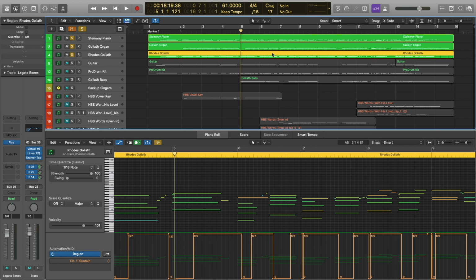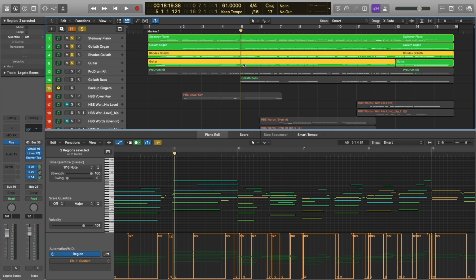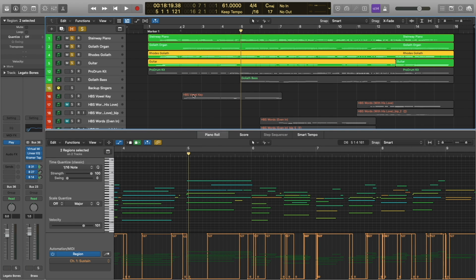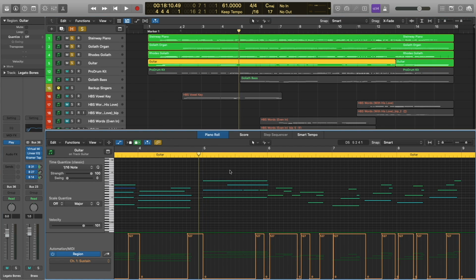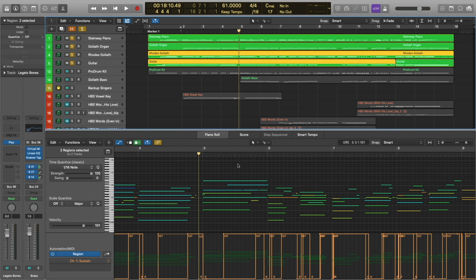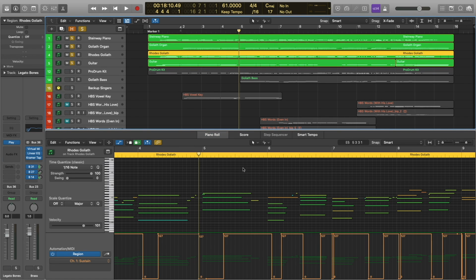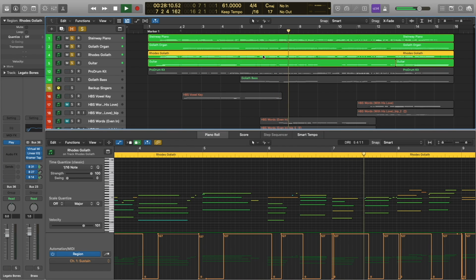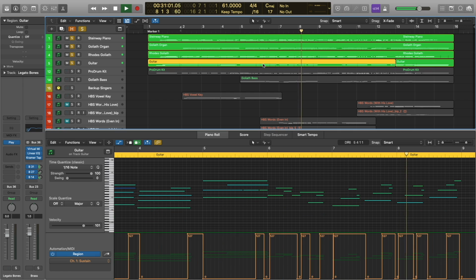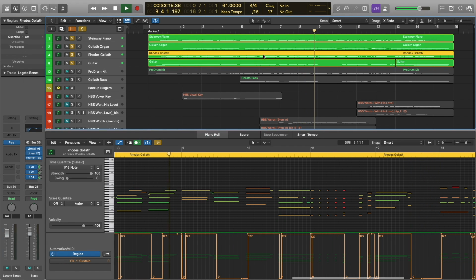Now let's add the Rhodes. And I'm also going to go ahead and add the guitar as well, because the Rhodes and the guitar are kind of doing the same thing, which is to say that they're just filling out the mix in a very subtle way. You don't really hear either of them distinctly. So this is what they're doing. Fairly self-explanatory. Again, there's really no MIDI programming to discuss here.